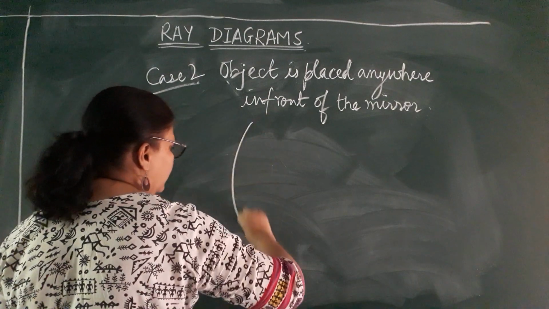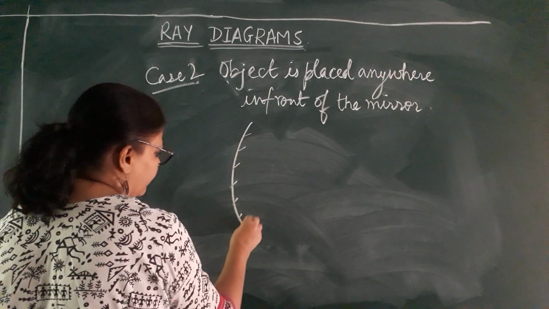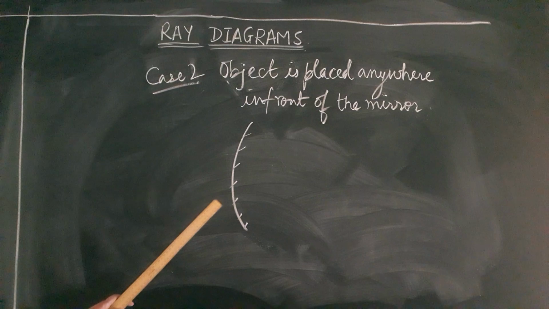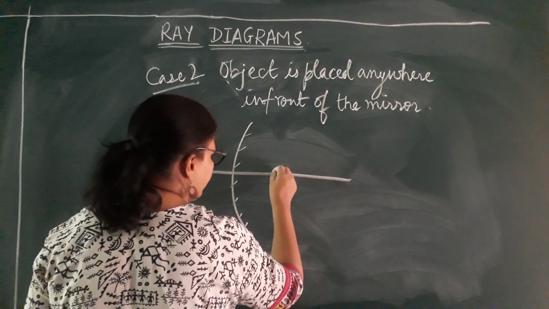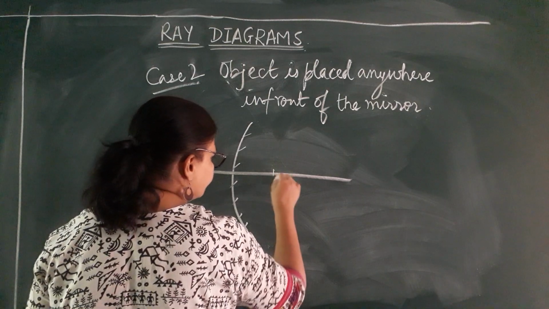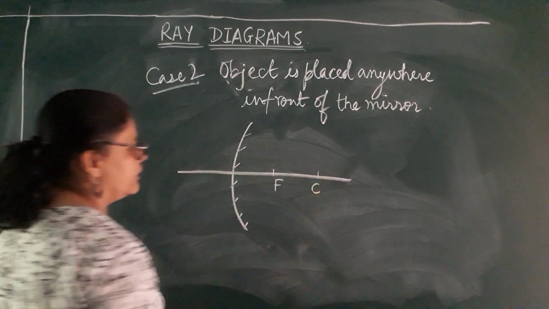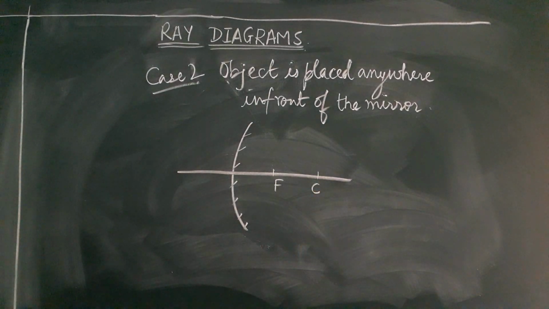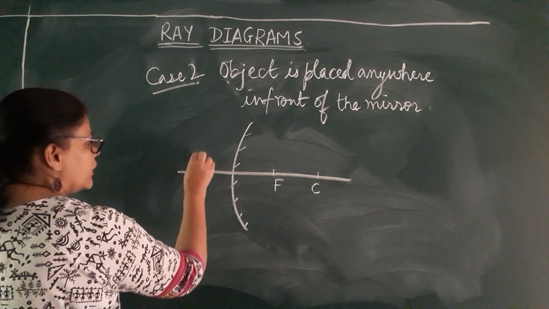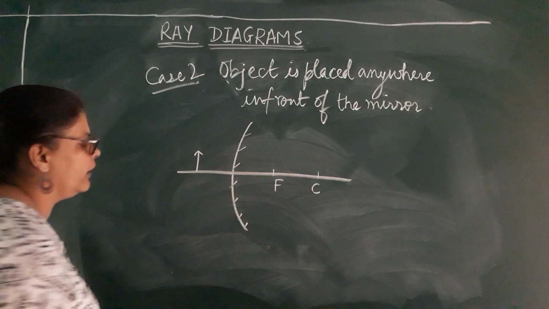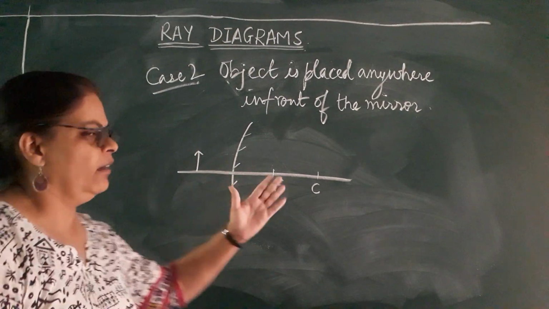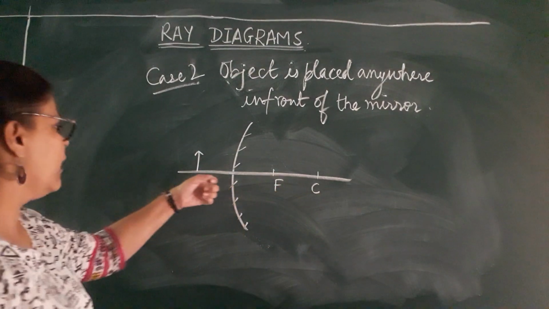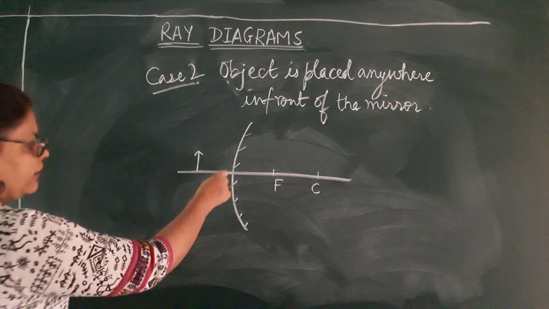We first take the mirror, polish it from inside, children. Convex, polish it from inside. Take a center point, draw a straight line and take 2 points F and C at a distance of 2 centimeters each. Where am I going to take the object? Anywhere. You can take it at least 1 centimeter, maybe, or not more than 1.5. Approximately 1 to 1.5 centimeter in front, I meant to say.